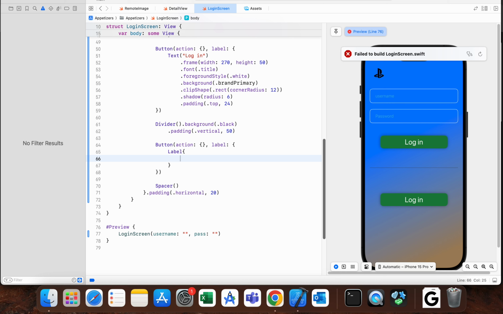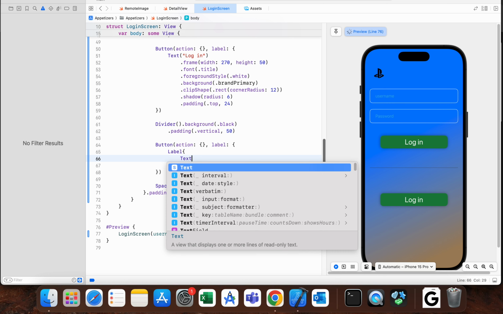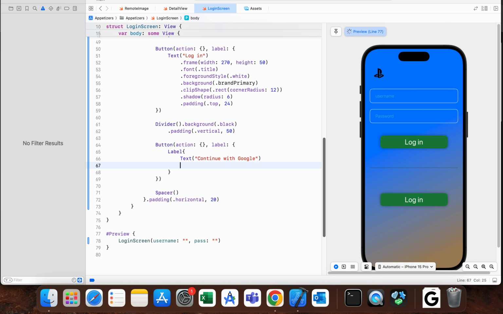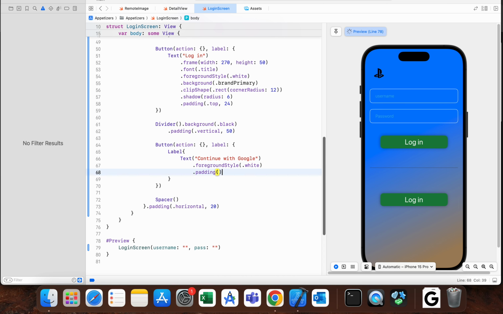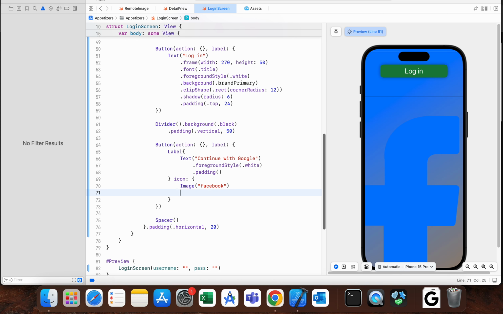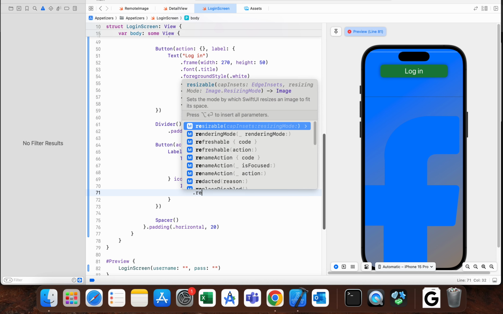Inside our label we'll use text, continue with Google, foreground style, so white color for the text, padding, and just a second, okay, I will use icon. For icon I will add our image that we previously uploaded in assets, so Facebook, resizable,